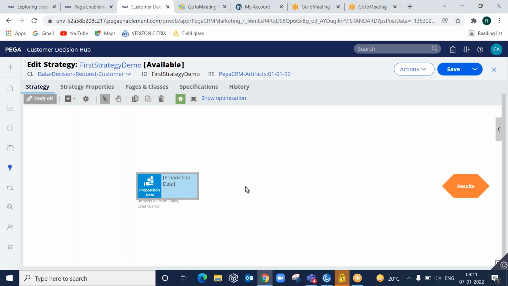So in order to generate the results, you need to connect all the components. So we can connect the proposition data to the results tab. Whenever you make this connection, whatever output comes from proposition data goes to results. Now let us run it and see what output we get. I'll just save it.